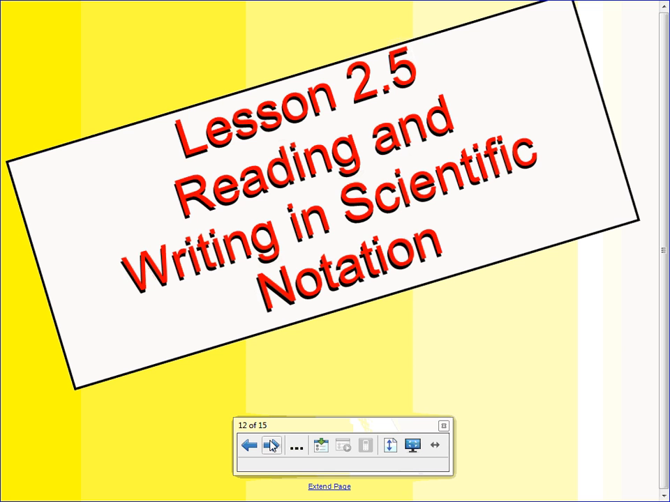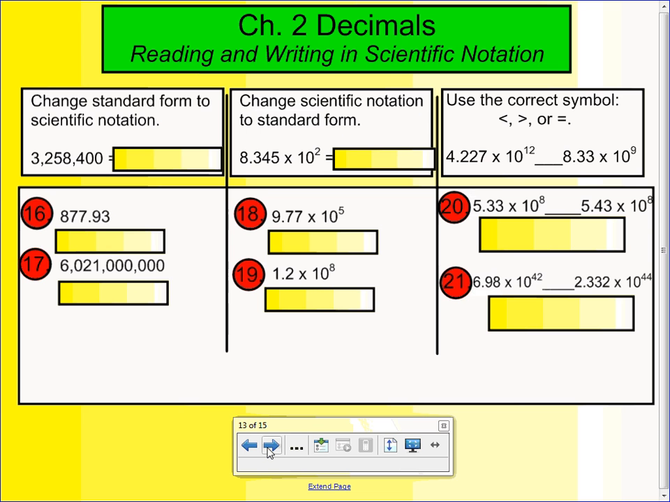Our final lesson was lesson 2.5, reading and writing in scientific notation. And we had 3 different things that we worked on. The first thing that we worked on was changing a standard form number to scientific notation. If you look at my example,